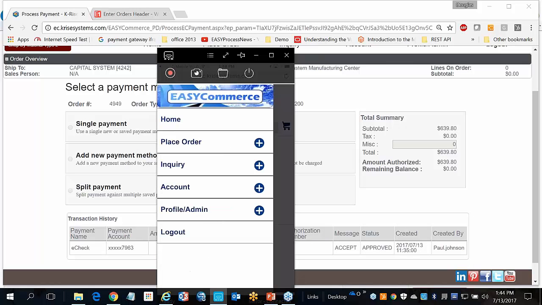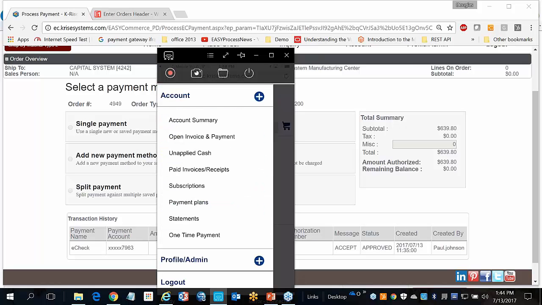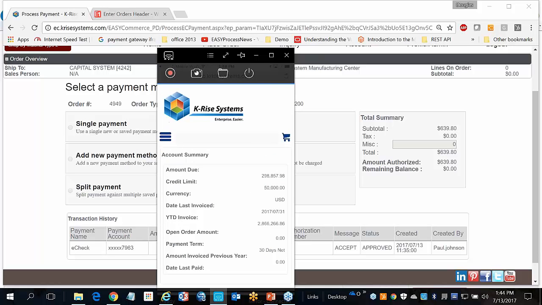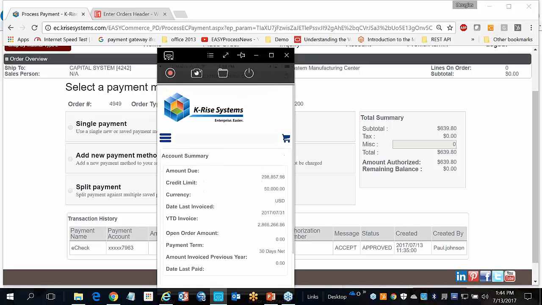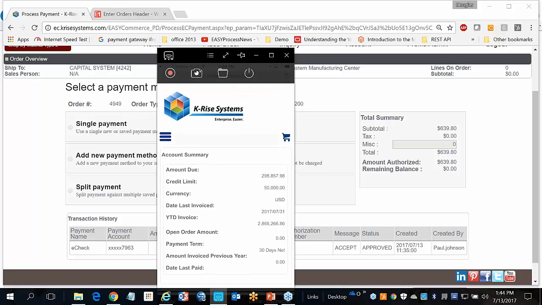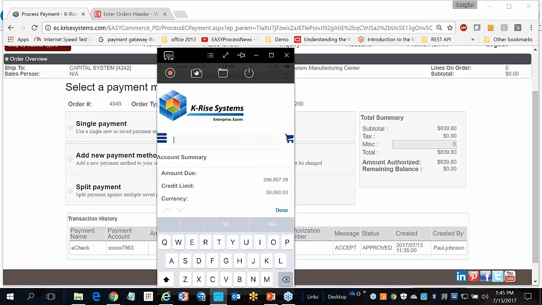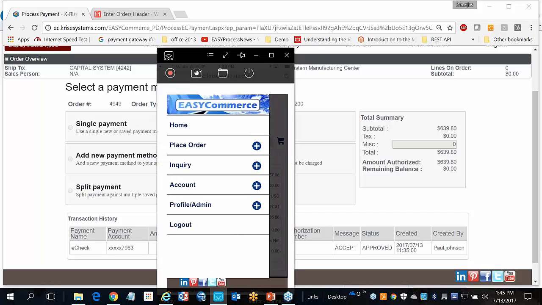So let's come back up here. We have account information, account summary. So once again, this is pulled from JD Edwards directly, and the integrity with $2 million. So it's a demo environment, but this is real time from JD Edwards. If you just want to show what's my credit, what's my available balance, you can do that. Some of the other inquiries that we could show here,